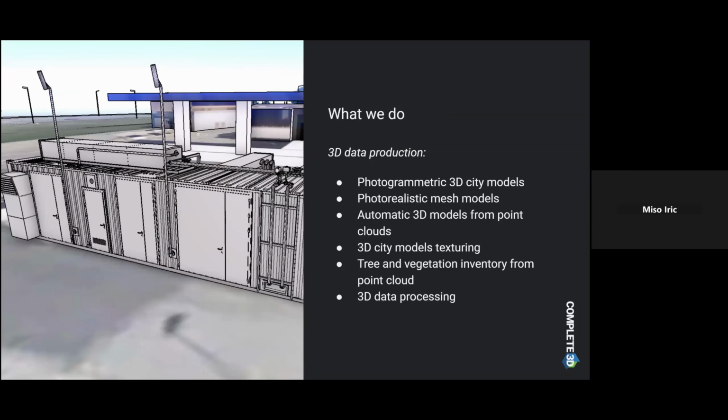But also 3D data processing, any type of data. It can be 3D city models. It can also be BIM models in IFC file format that we have helped many customers to recreate, or to convert, or to make more reliable, or to be able to use in different applications and different software, and then convert to different formats, or even put data in a coordinate system if they are missing the coordinate system, or they are not the right scale and so on. So we can do those for our customers and process the data for them.